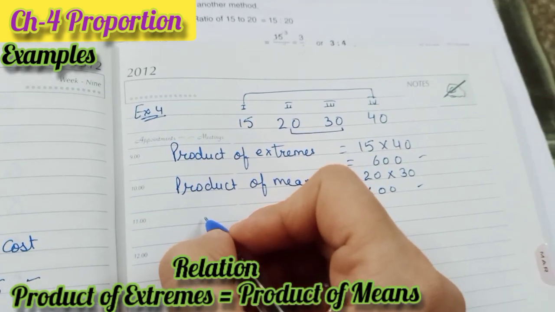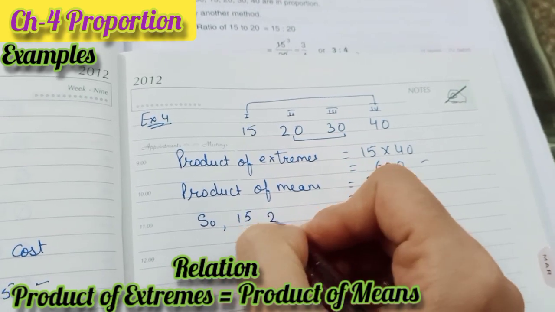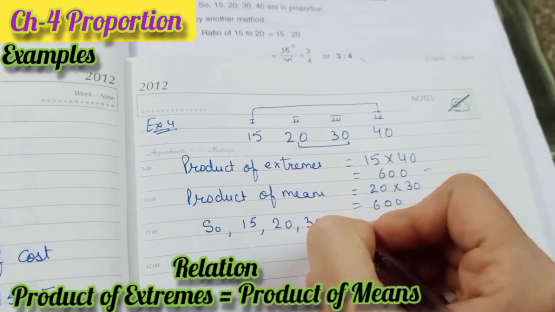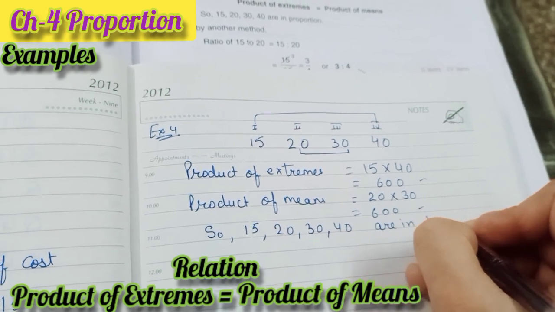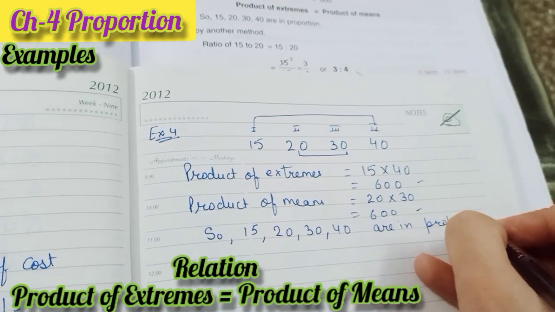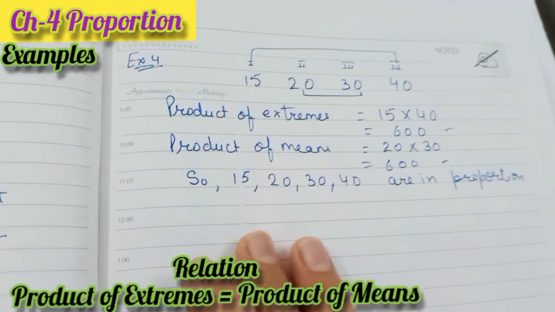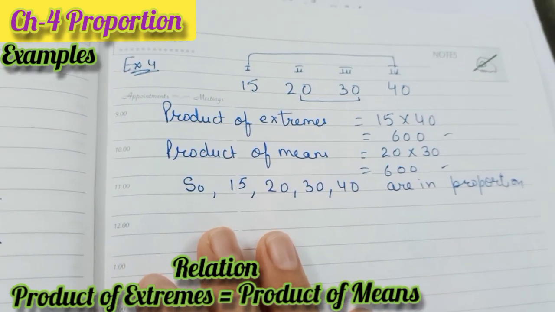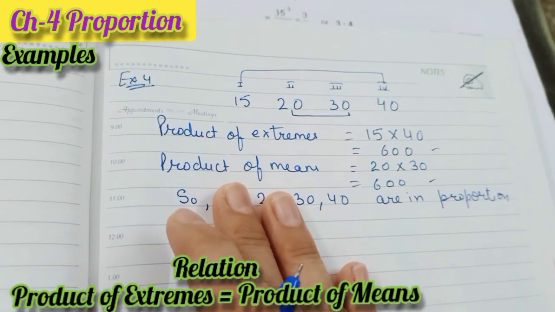So we can say that 15, 20, 30 and 40 are in proportion. So this is the one way to find out whether these numbers are in proportion or